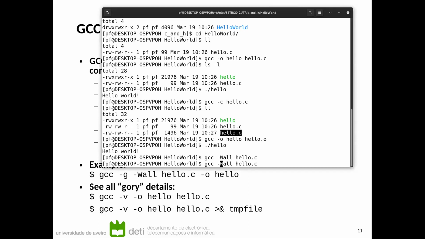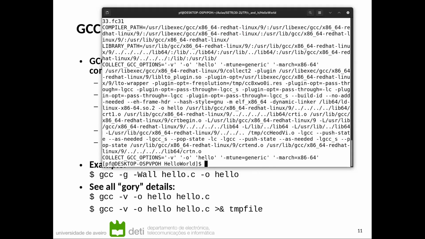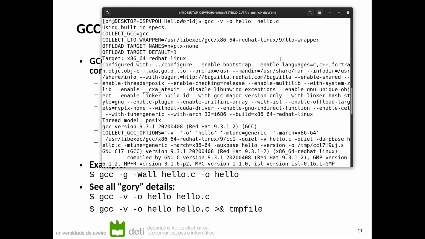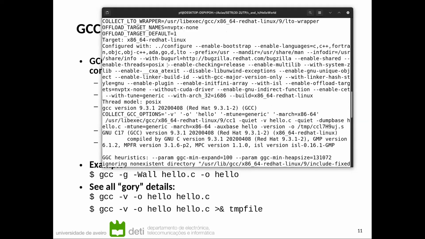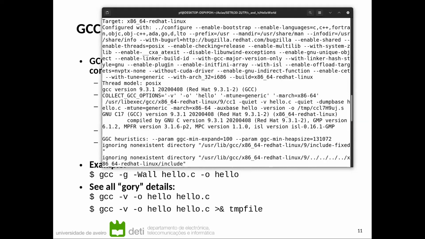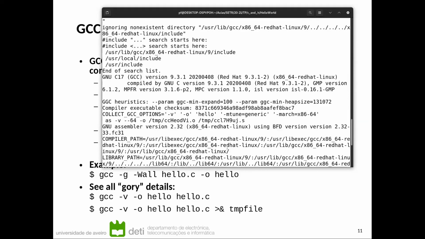I can also use the option -v to get what I would call all the gory details, every detail that's happening, and the result is this one. Okay, so I have a lot of things going on when I compile a program. The command is here, and this is GCC saying what it has done to get the output.